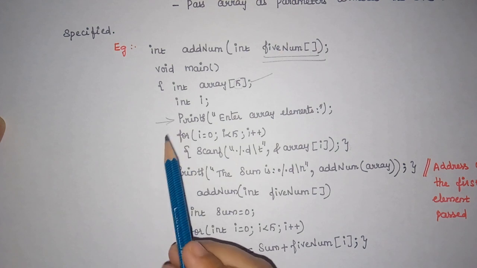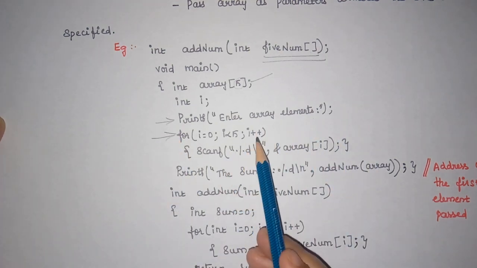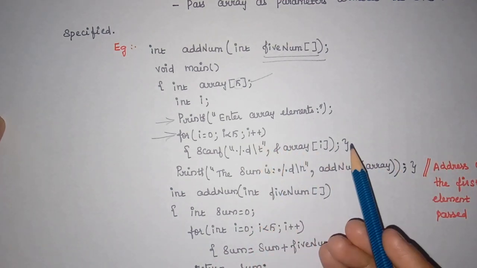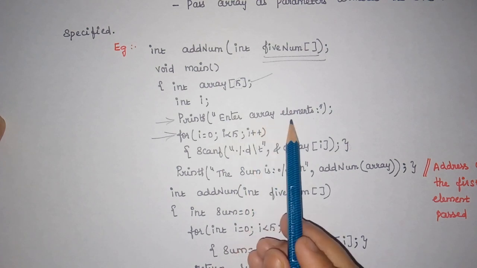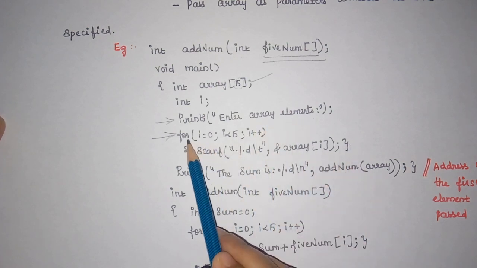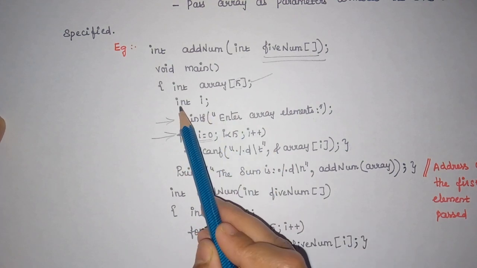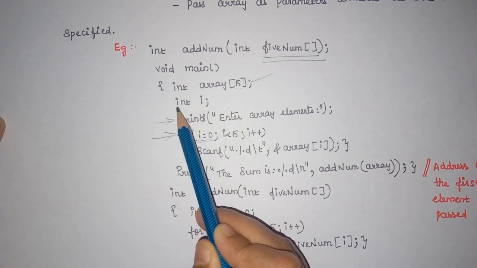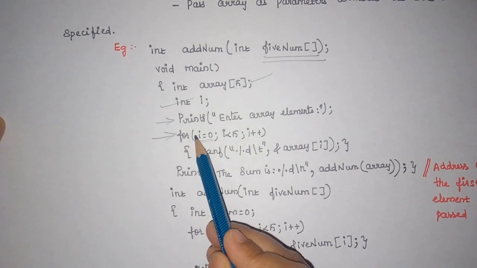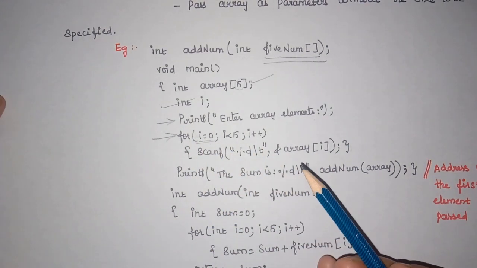For entering the elements, we are using this for loop, because if you are using a one dimensional array, you have to use one for loop for either reading the elements or displaying the elements. Here you are going to read the elements from the console window, right? So we are using this for loop, and inside this for loop we are using this variable called I. That is why we have declared a variable here. Even though you can declare the variable here, you can even declare the variable straight away in the loop, that is int I equal to 0. We can give it that way also, right?